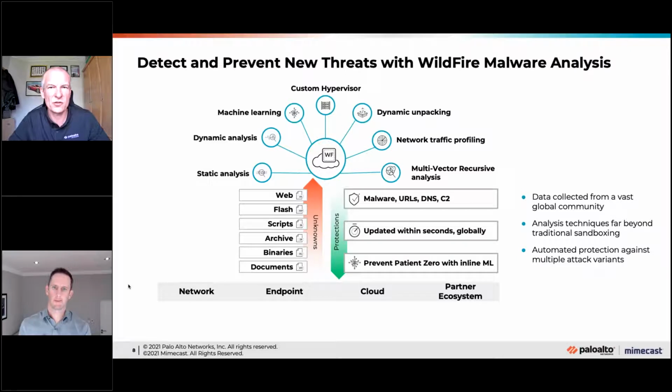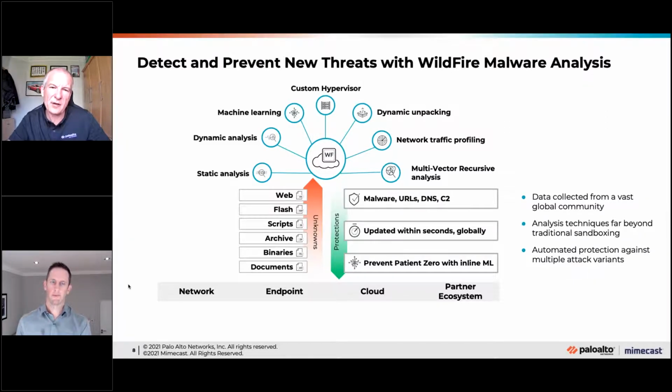Is there any user interaction with the host? So we have to do loads of things within this custom hypervisor and dynamic environment to make sure that we can spoof any of this malware into doing what it was intended to do, even some of the time-sensitive ones. We do unpacking, we do network traffic profiling, we do a whole load of different things in there.